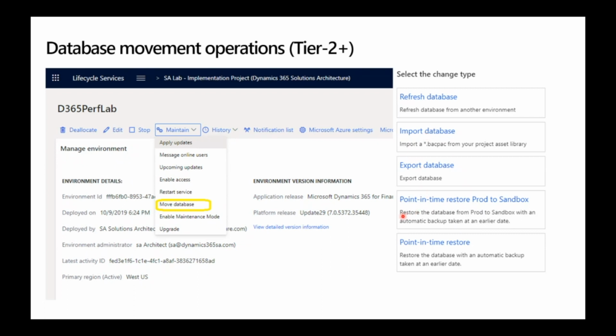You could ask for a point-in-time restore from a production to a sandbox. So this is a new one, one of the features that was added lately. Typically, the scenario is something has happened in your production environment, which was leading to mistakes, and you want to find out how that could happen, and you want to do a restore of your production before the incident.